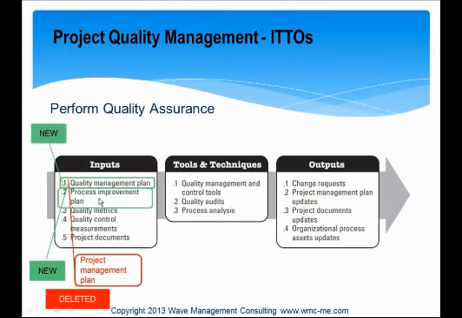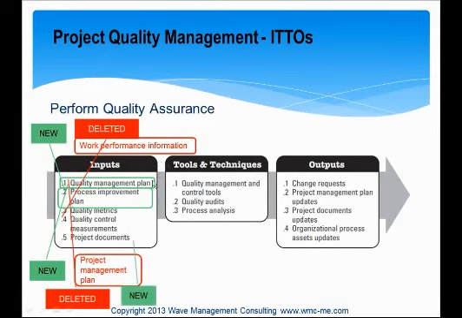They also introduced the new input of process improvement plan. They also deleted work performance information from the input list. And they added project documents to the same list as well. In the tools and techniques, they added quality management and control tools,